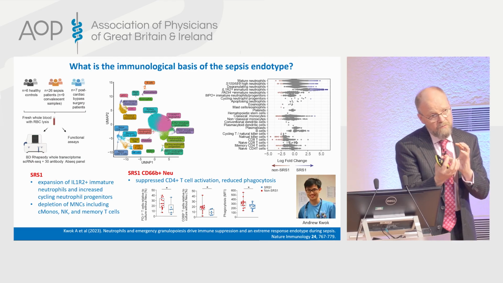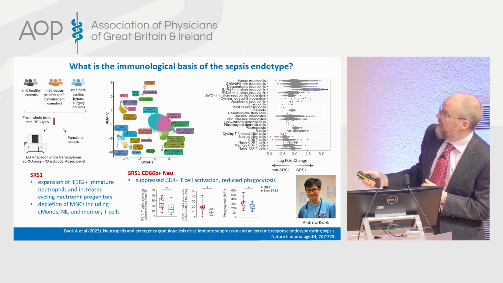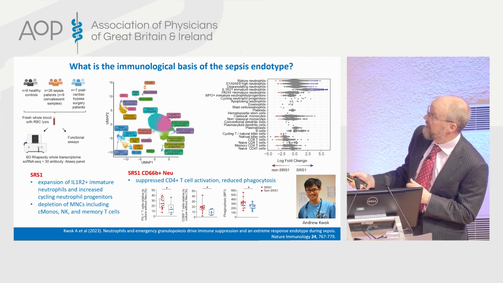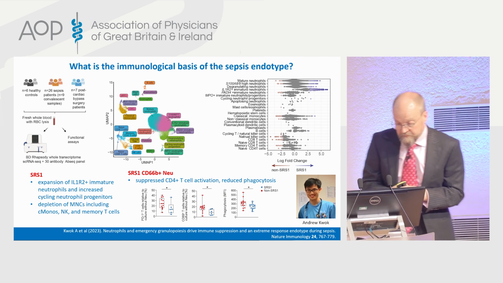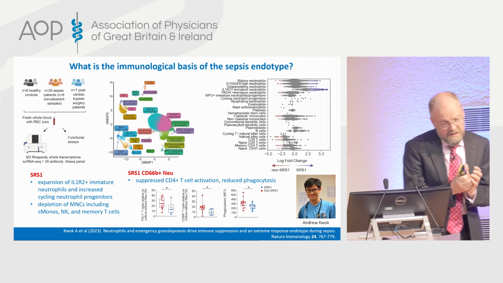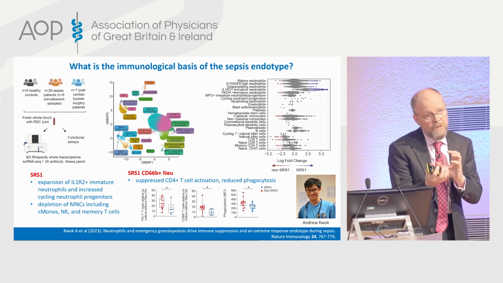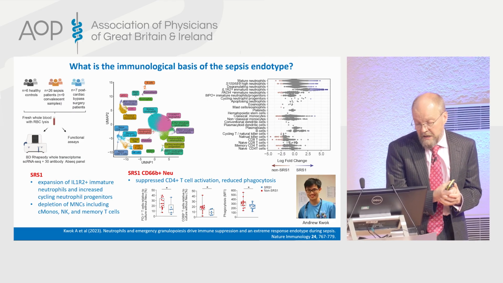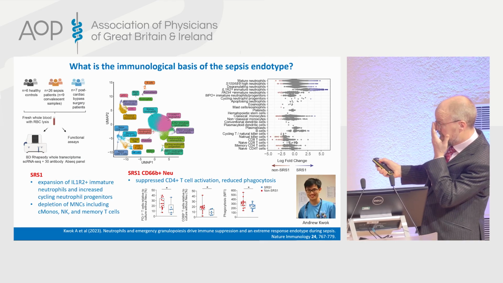And that meant that we could get a really good map of these different peripheral blood cell populations within the blood, and a bit like that principal components analysis, this is just spreading the data. You can see the neutrophils here, different stages of maturity, and then we've got the monocytes here and T cells and B cells. And then we said, how can we start to compare between these two subphenotypes? So we assigned the subphenotype based on a predefined set of 7 genes. And so we could then say what was different in the SRS1 patients versus the non-SRS1 patients. And it really seemed